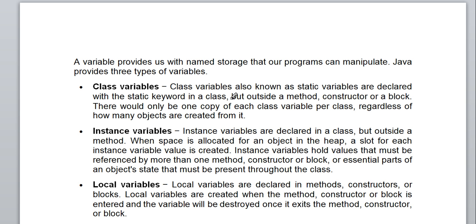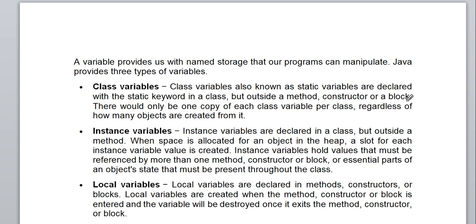These class variables are declared outside a method, constructor, or block. Block means it may be a block of a conditional statement, a block of a method, or a block of a looping statement.